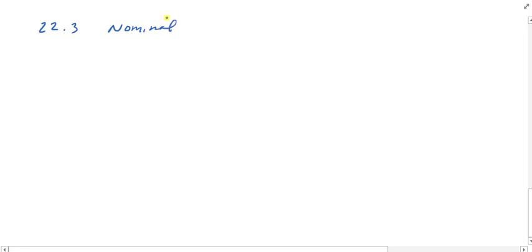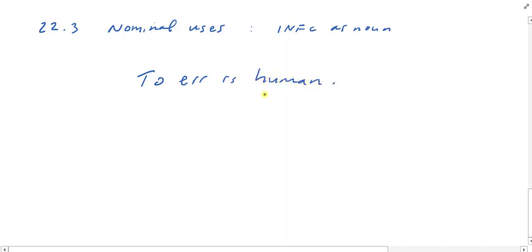Let's talk about how the infinitive constructs are used. Ross mentions the nominal uses of the infinitive construct. What does that mean? It simply means that the infinitive construct can function as a noun. Okay? It functions as a noun. And I told you, an infinitive construct is a verbal noun. Okay? So just as we wrote down a little earlier, a sentence like "to err is human," in English,